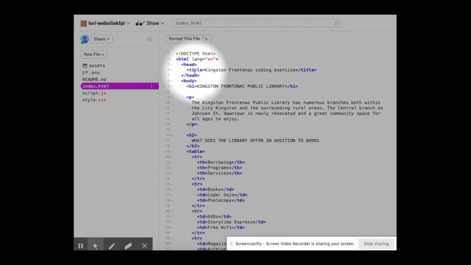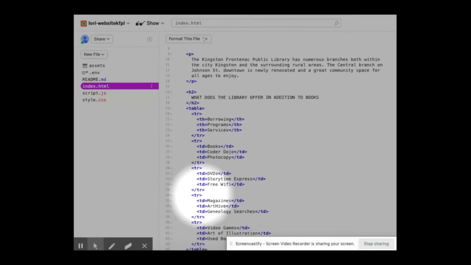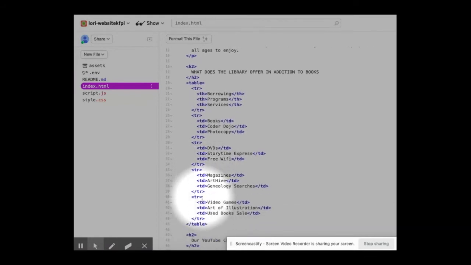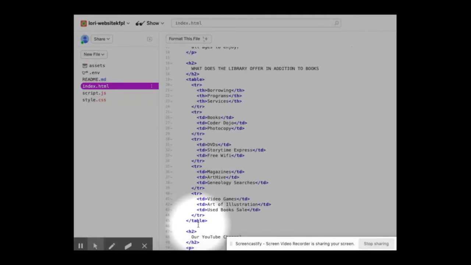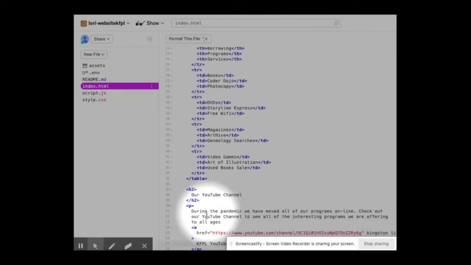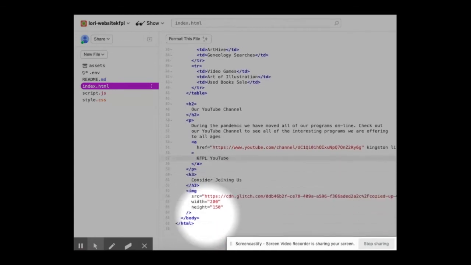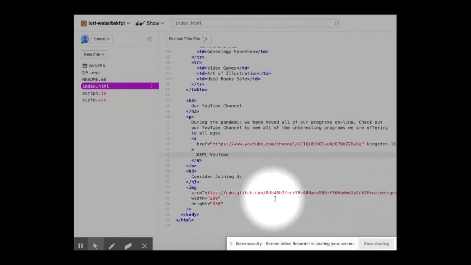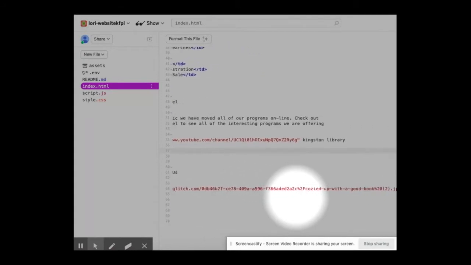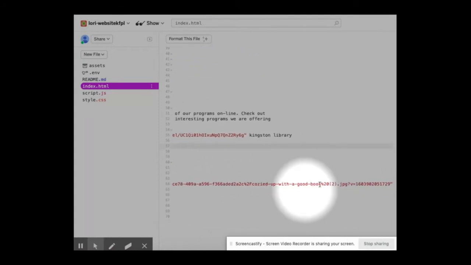You will know how to do all of this. Here's my table with the TH and TR tags, TD tag for data, and my link and my image. I did learn that to keep your image a size that is going to fit onto your